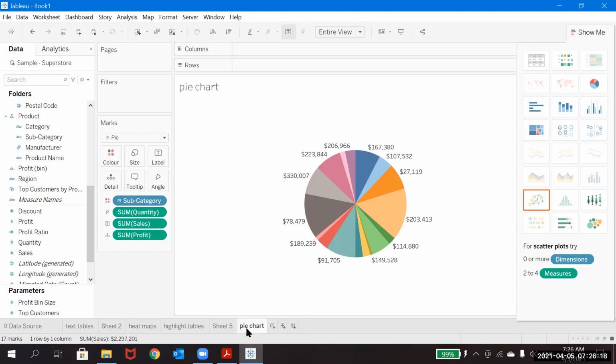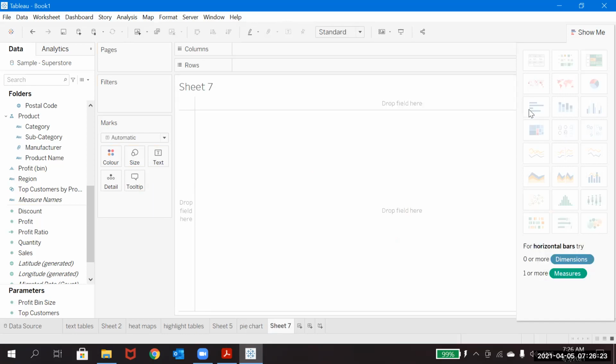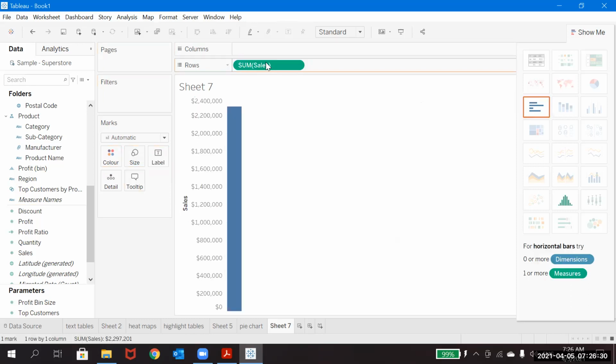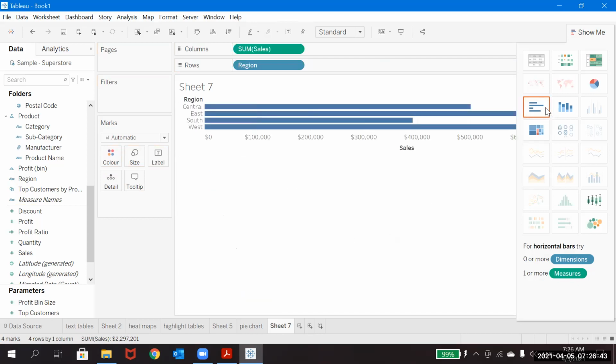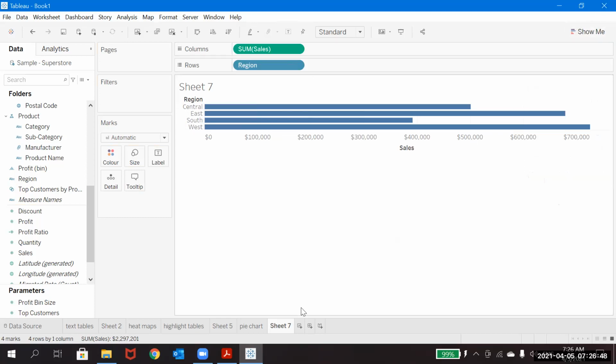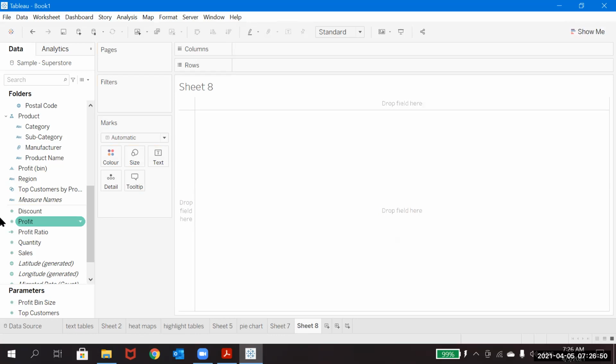The next one is the bar chart, which is the regular chart we use. It says zero or more dimensions, because see why it says zero. If we drag and drop, the bar chart is appearing. Now we will see this here. The bar chart is still appearing, but maybe in a certain way it should look, so you should click on it and the bar chart is appearing. Even if you manually drag and drop, the bar chart will appear the same way.